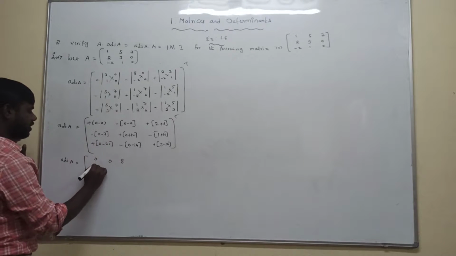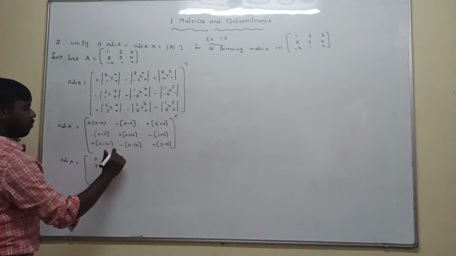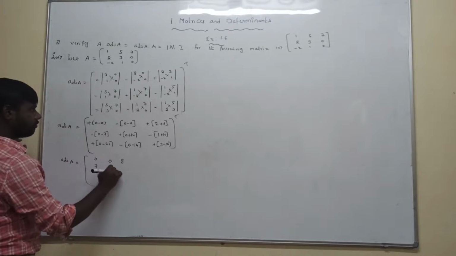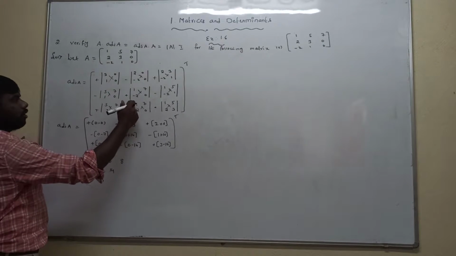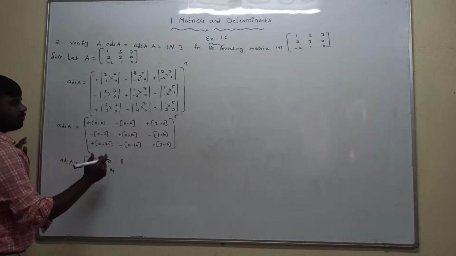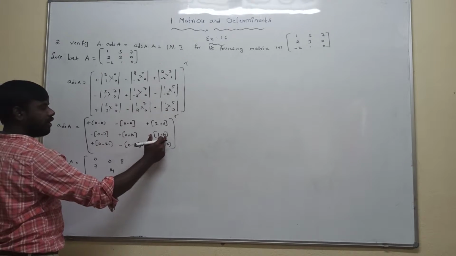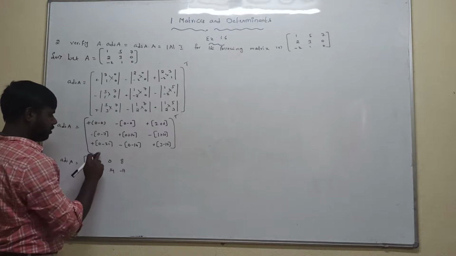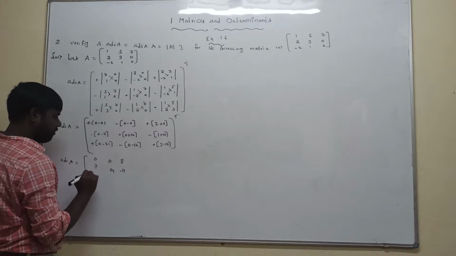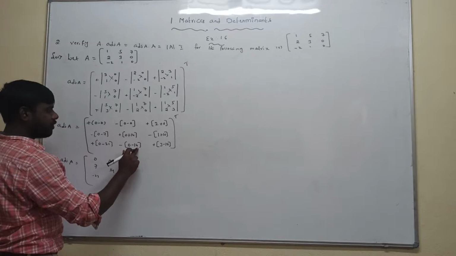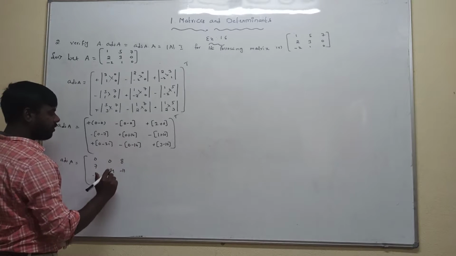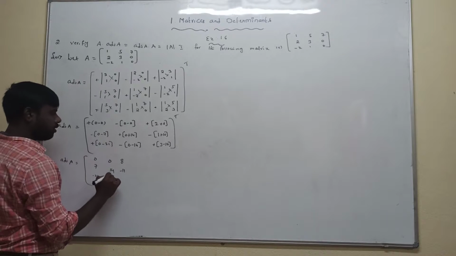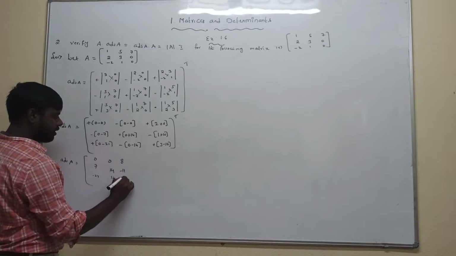Minus 7 to minus 7, that is plus 7. 0 plus 14, that value is 14. Here 0 plus 14 value is 14. Next here 1 plus 10 is 11. Plus 11 into minus 7, minus 1 is minus 11. 0 minus 21 is minus 21. Minus 4, 0 minus 14, that value is minus 14. Minus 14 into minus is plus 14. So 3 minus 1, that value is minus 7.